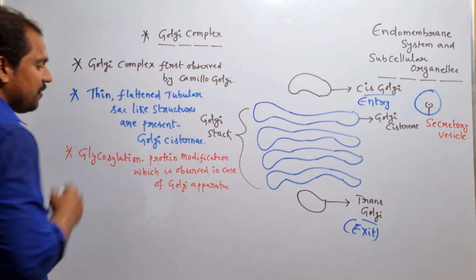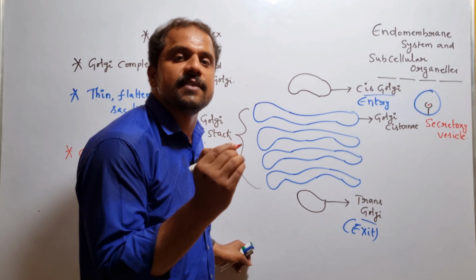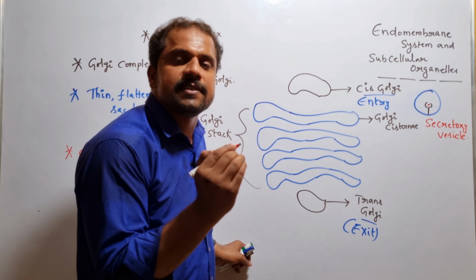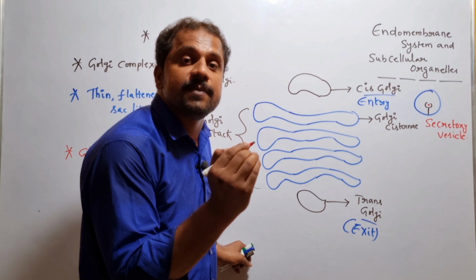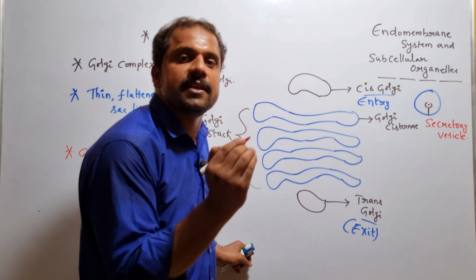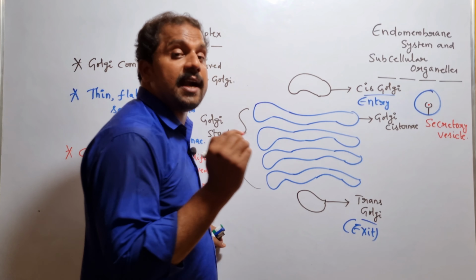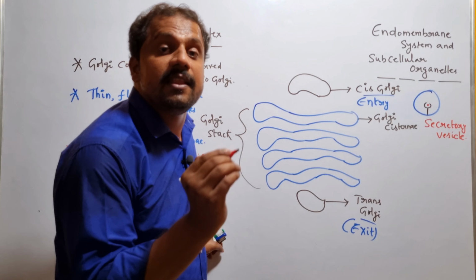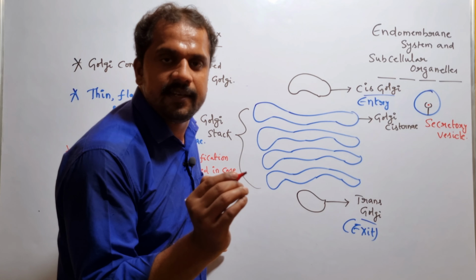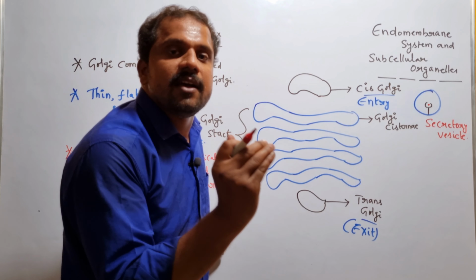So here, not only the specific protein, even the specific lipid molecules also undergo modification within the particular Golgi apparatus. In general, after the successful synthesis of the lipid molecule within the endoplasmic reticulum, the particular lipid molecule undergoes successful translocation into the particular Golgi apparatus, and here the specific lipid molecule undergoes modification, and it leads to the formation of what? Glycolipids. Is it clear? Both the proteins and lipids are successfully modified within the Golgi apparatus,